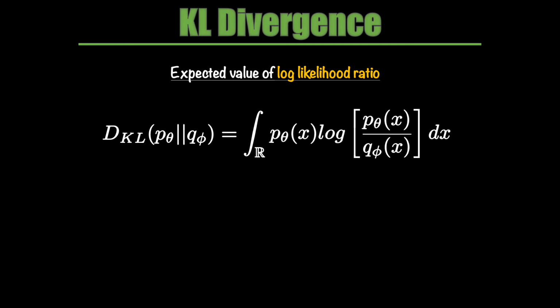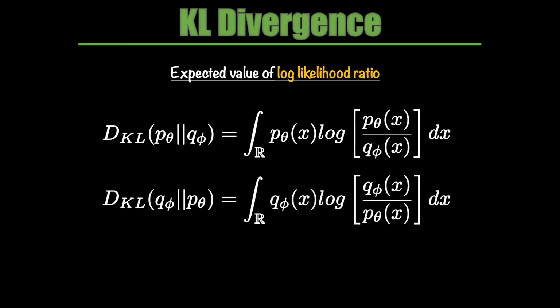Now, so far we weighed our samples using P and got this formulation of divergence. But what if we wanted to use Q to weigh them? In that case, it would look something like this. As should be clear, these two formulations will give you different values for the same P and Q. P and Q have not changed, yet these formulations are going to give you a different measure. And this is a reason why we do not call it a distance, because it's an asymmetric measure, and hence the usage of the word divergence.